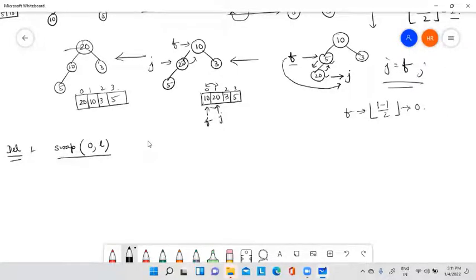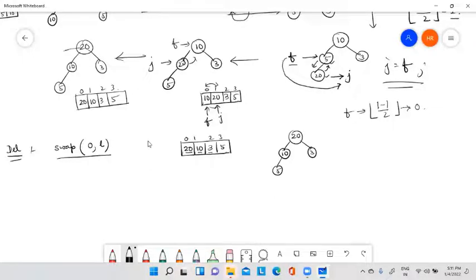It means after creation, my heap in array form is like this: 0, 1, 2, 3. And if you draw the picture it is like this: 20, left child 10, right child 3, then 5. See, in sequence. First this, then these two, then this. In this way you have to draw.